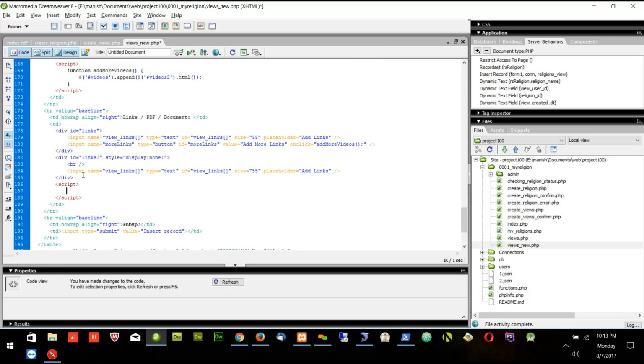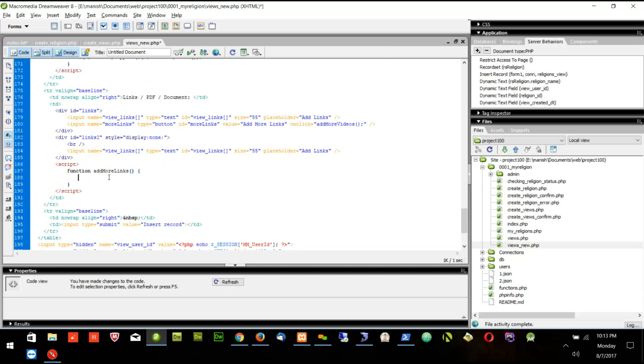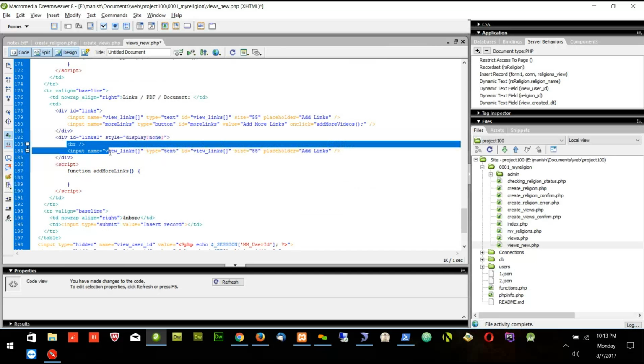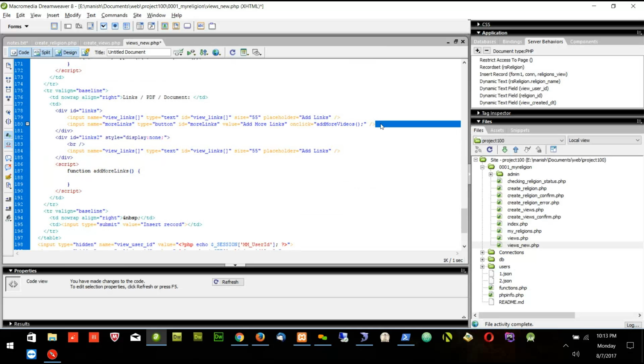And what is the function name I will create? Add more things. You can name anything, but I am giving this name. And inside this function, I have to grab this part and put it out after this part. So what I will write, I will say $hash